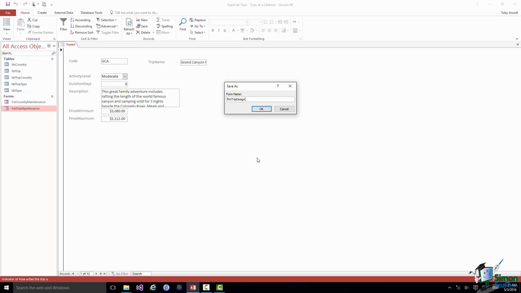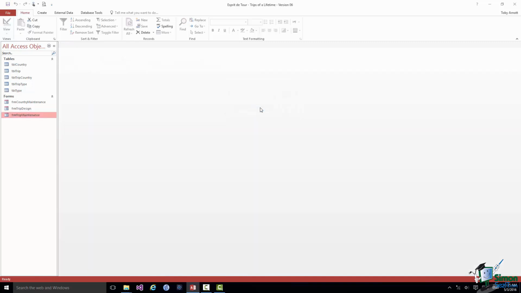I'm going to call it FRM trip design. This may ultimately become our trip maintenance form instead of the layout one that we did earlier, but for now,